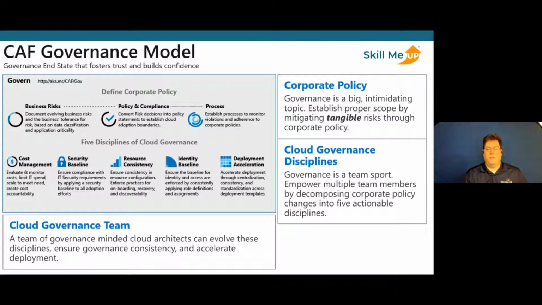It's also important to have a cloud governance team with cloud architects that allows everybody to think about this governance and how these pillars are maintained and utilized to accelerate our deployments.